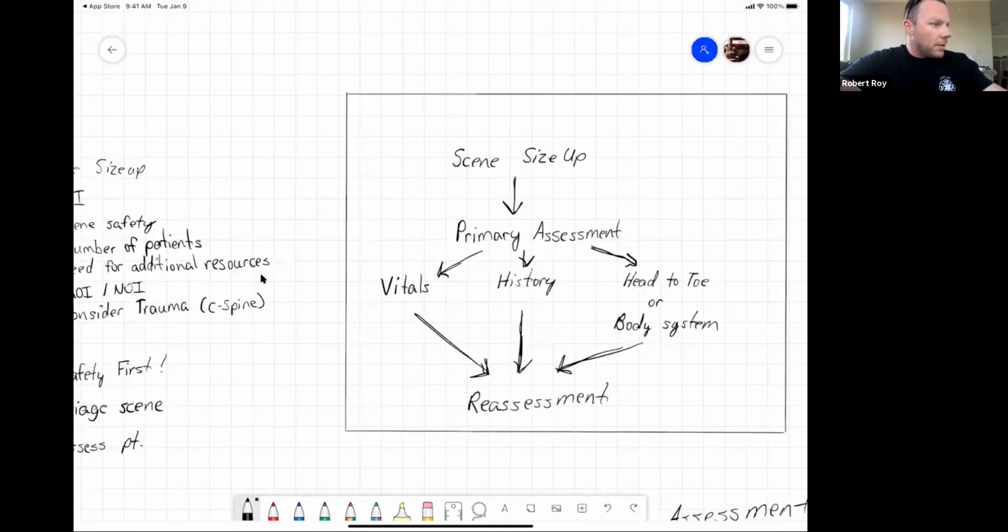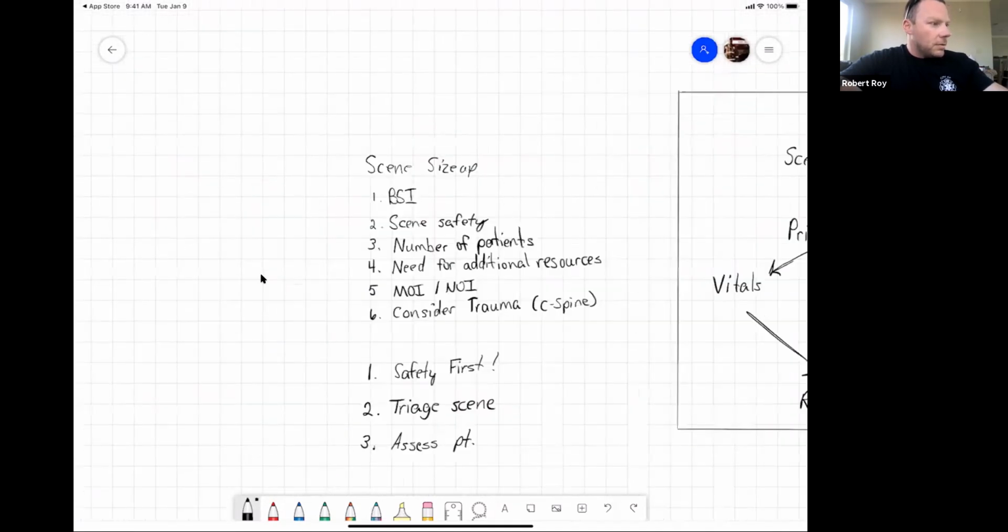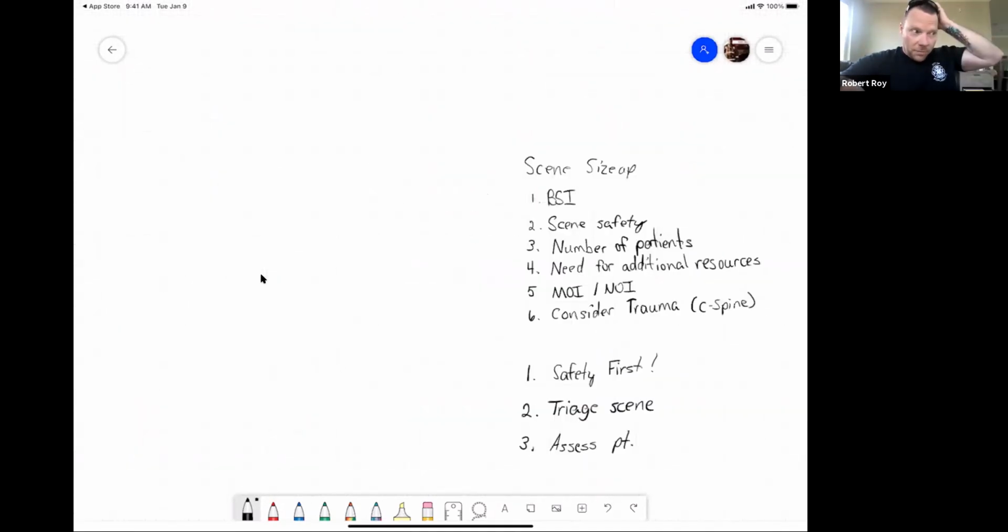But we're going to move over here to your scene. We're just going to go over what you've been over, and then we're going to talk about the patient assessment as a whole, and some ways that you can make it easier. Because when you look at those sheets from the National Registry that we gave you, they're horrible. They are insanely hard. They don't make sense, not in the real world, and that's what has led to so many